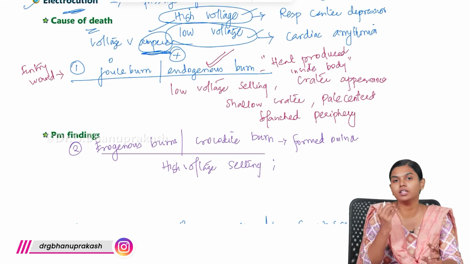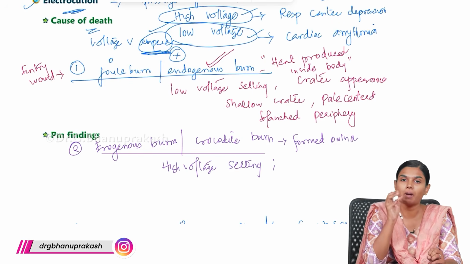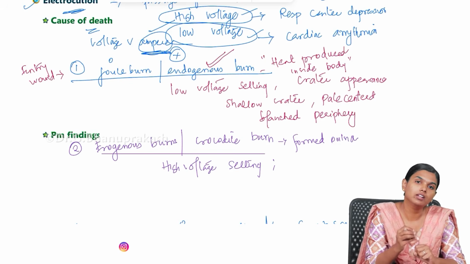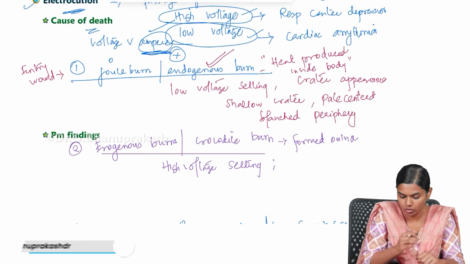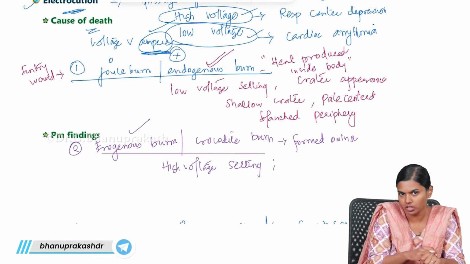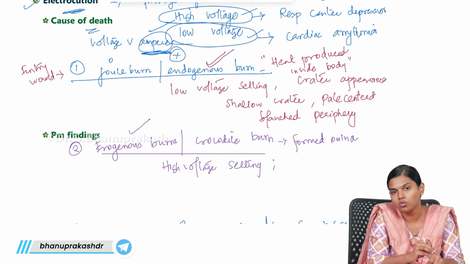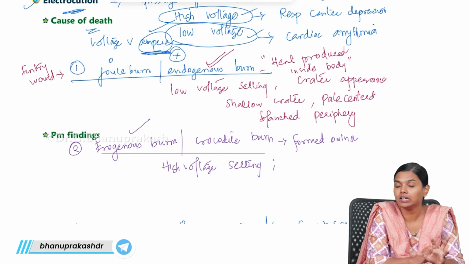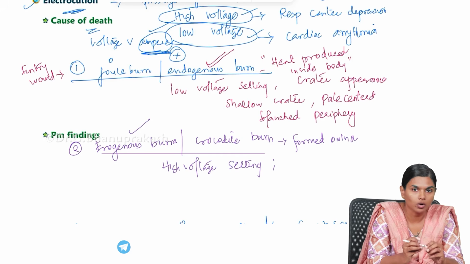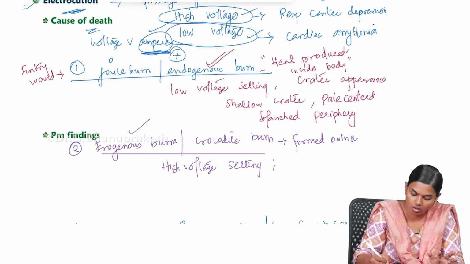Outside itself there will be a fire, there will be a spark of fire, and that fire will come and hit your body, and that will result in this burn. So this is why it is known as exogenous burn. And since the fire is forming from outside and also it is a high voltage setting, the intensity of that burn will be more, and that burn will cause the